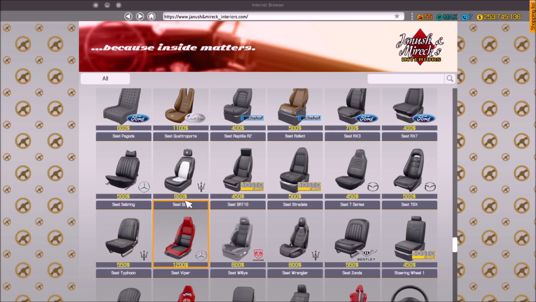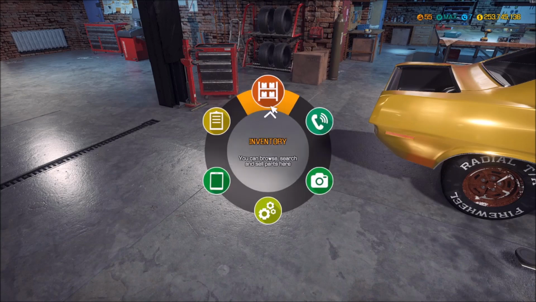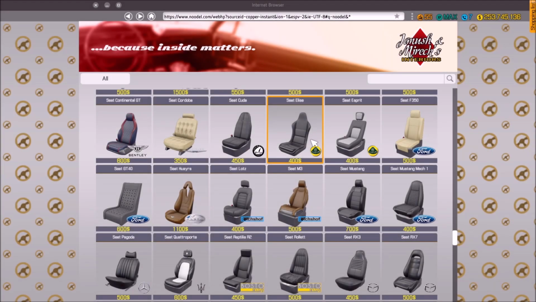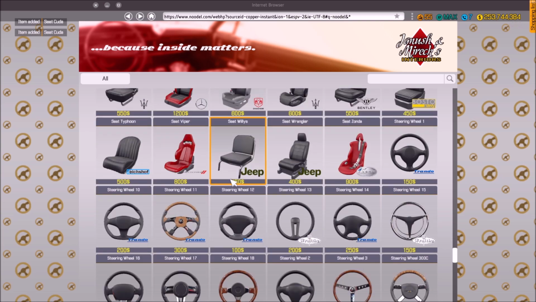I was thinking it would be down here somewhere. Take a quick look into my inventory. What do we have? Seat Cuda. That's what I thought. So Seat Cuda. Alright, so 2 of you. And then